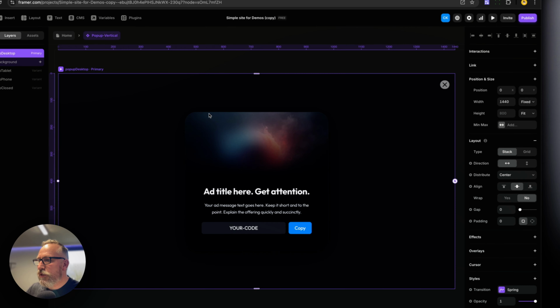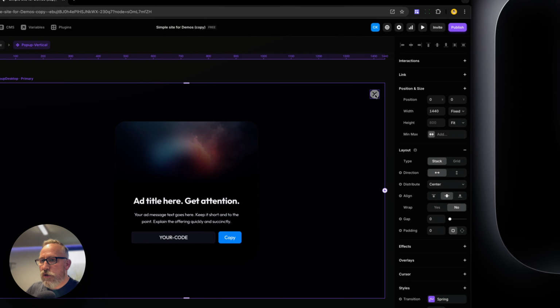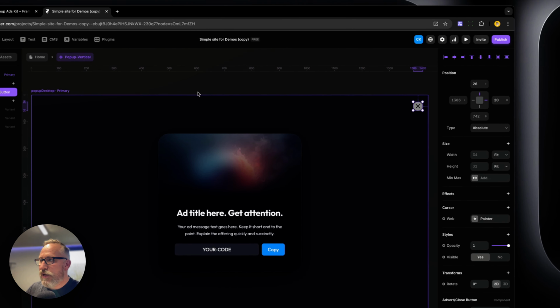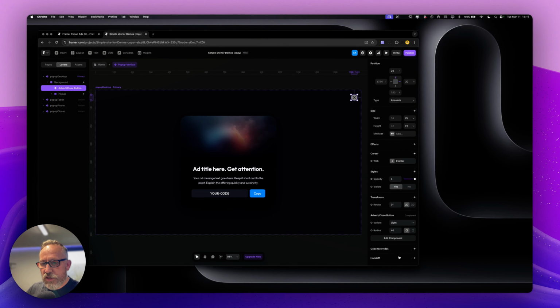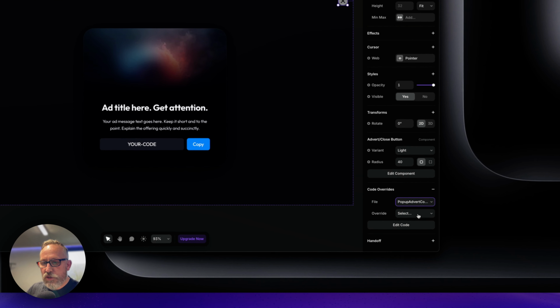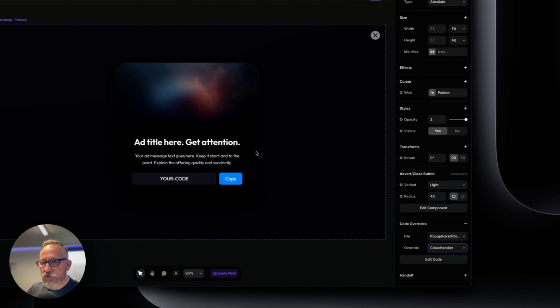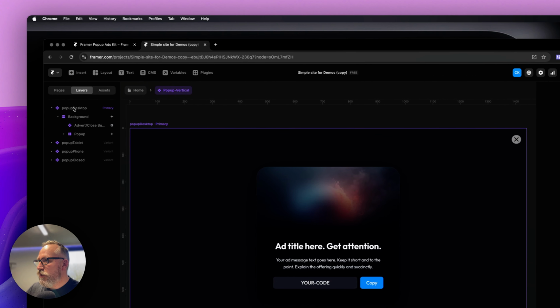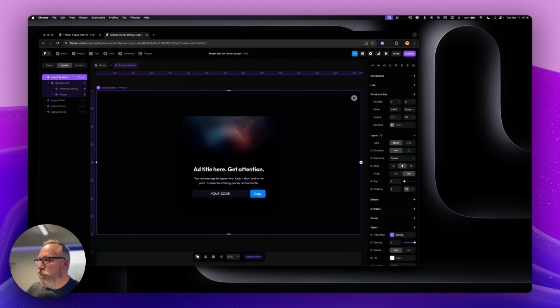Then we're going to double click in to our advert. Let's select the close button. Let's go down to our code overrides, make sure we've got pop-up advert control selected, and go to close handler. That's that one done. Then let's make sure we're selecting the component, the top component element,